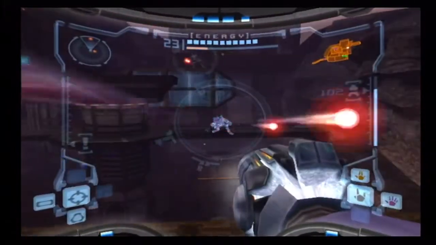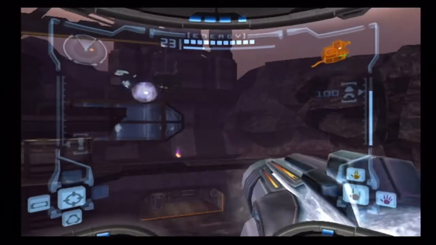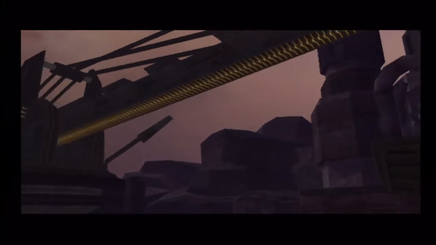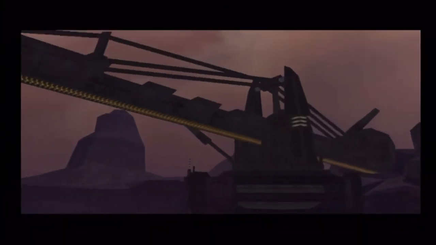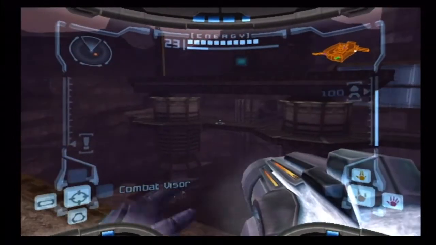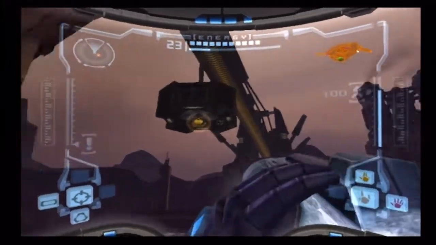So now we can head back into Tallon Overworld if we so choose, which I'm going to right now. But anyways, let's kill those pirates and get them out of the way. But if you scan this, now the crane will move. The crane that we got the upgrade for. And it will come all the way back over here. So now we can use that as a ledge to get down, in a way. I do believe. Yeah, now actually they don't get it as a grappling hook. So let's get a little bit closer and we can...